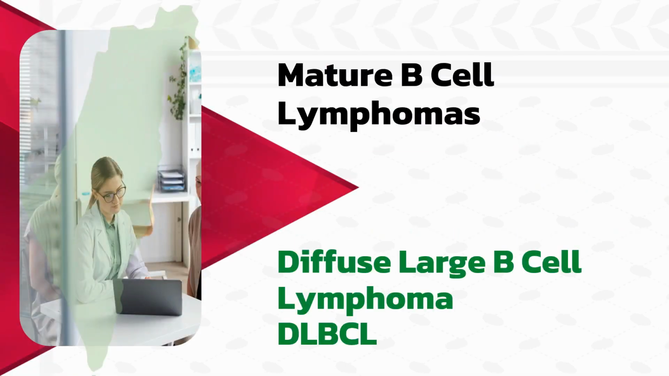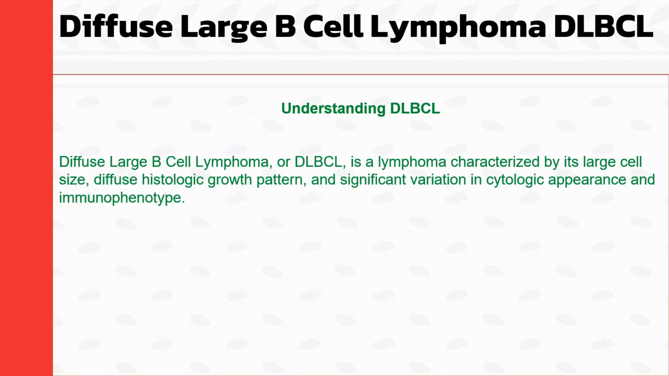Diffuse large B-cell lymphoma, or DLBCL for short. This is one of the most common forms of non-Hodgkin lymphoma, accounting for a significant percentage of cases. In this video, we'll explore its characteristics, including morphology, immunophenotype, clinical features, and prognosis. Let's get started. Diffuse large B-cell lymphoma, or DLBCL, is a lymphoma characterized by its large cell size, diffuse histologic